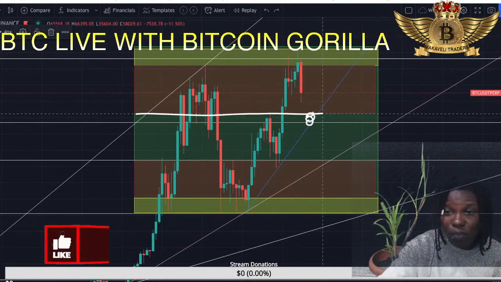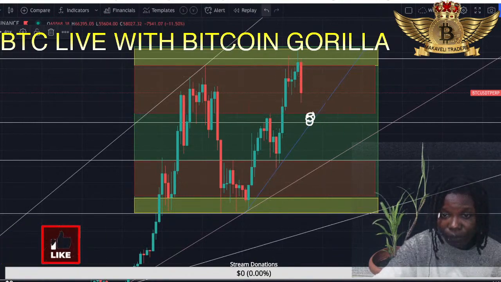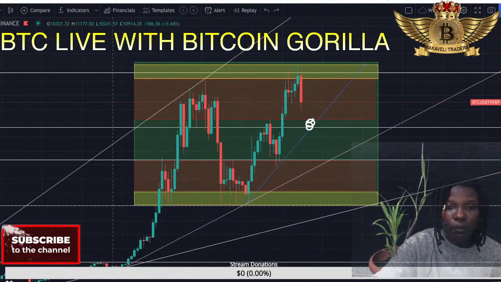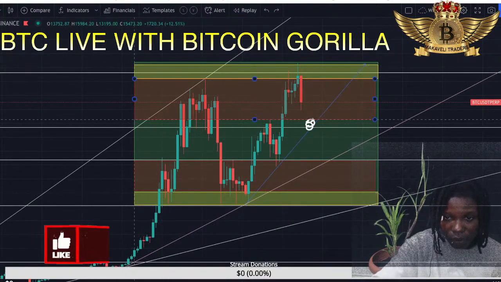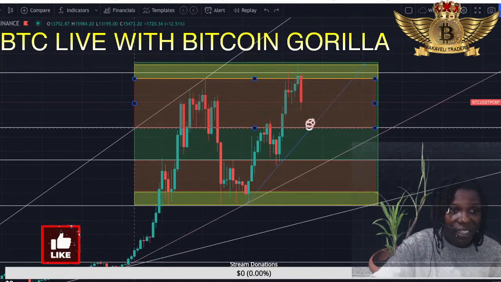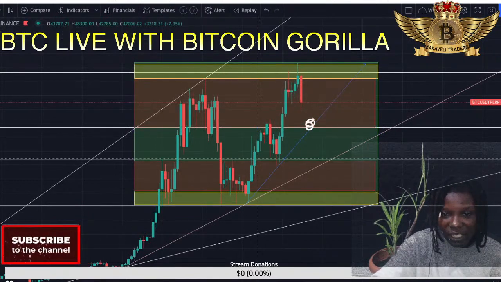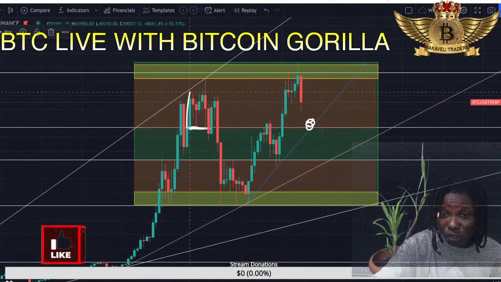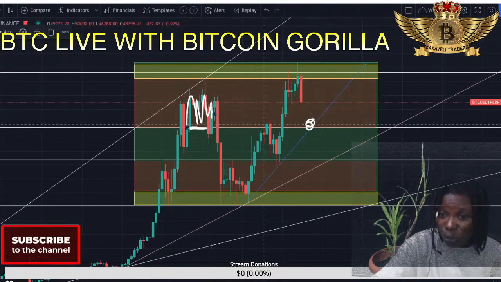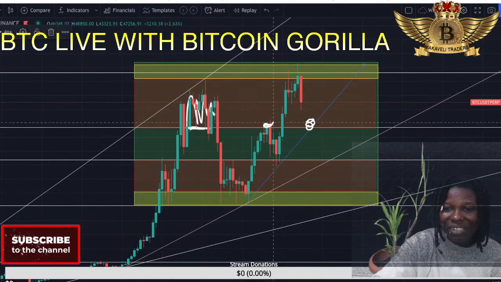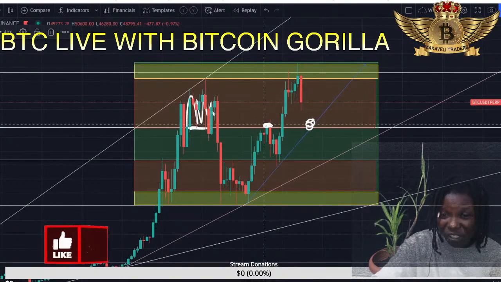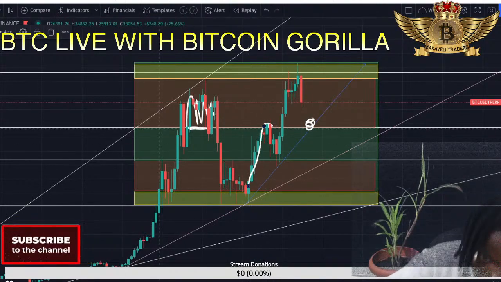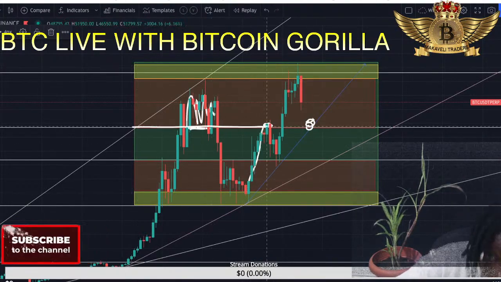Right now, this box is very important, right? I should extend that box down right here. Because why did I extend it? I extended it because this is the most important support area the previous time that price was consolidating on that area, and you can also see the same area acting as a resistance in the previous time price was trying to bounce. So that was where the rejections were, which tells us that this area is very important